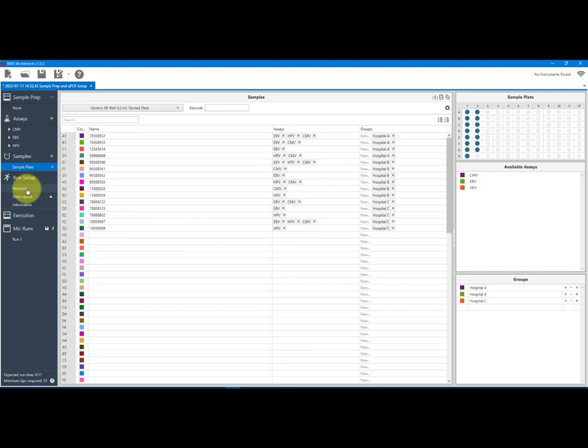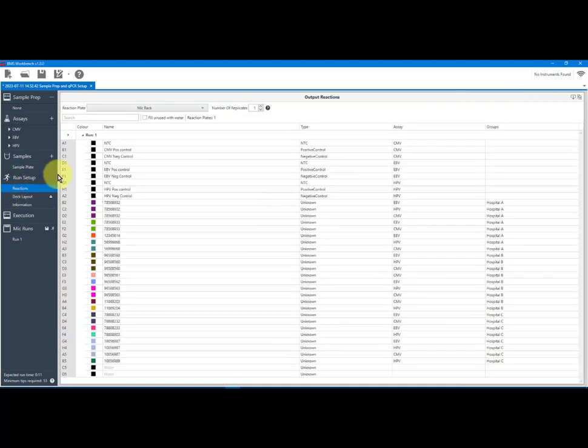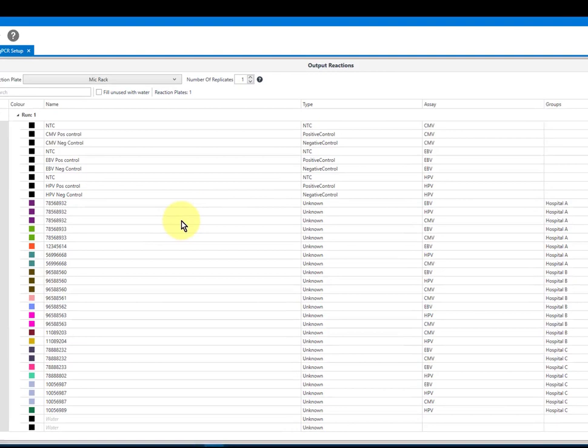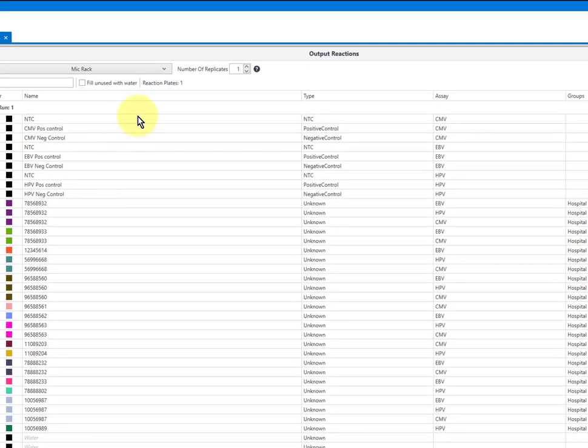If I click on reactions, you will see that the setup here is for a MIC rack. And I have my NTCs, my positive controls, my negative controls for CMV, but also for EBV and HPV. And I can now see that this sample here needs to go with EBV, HPV and CMV. So color coding is done automatically,